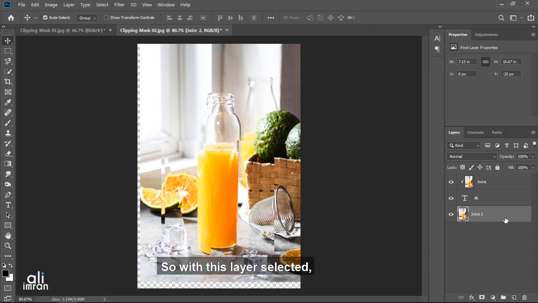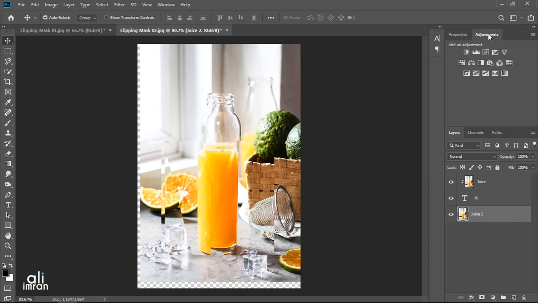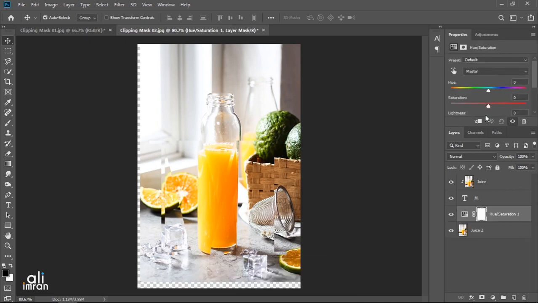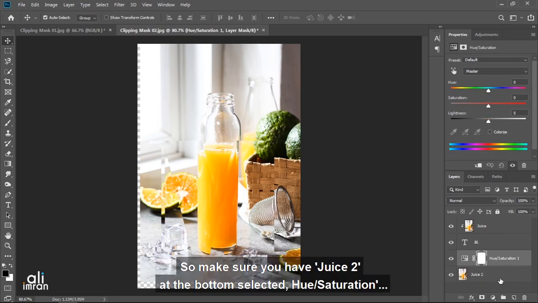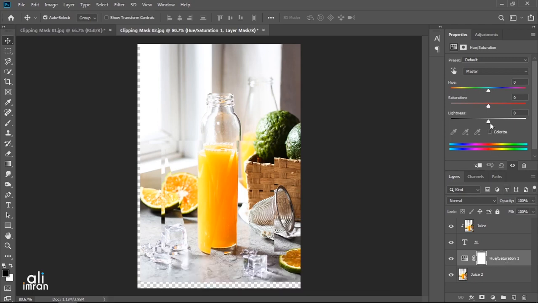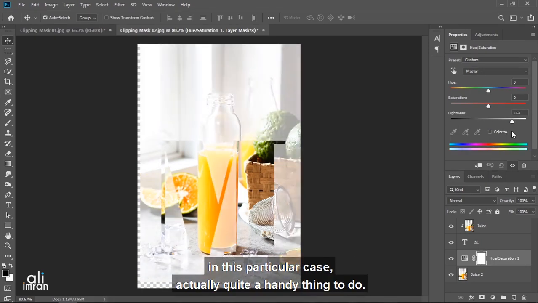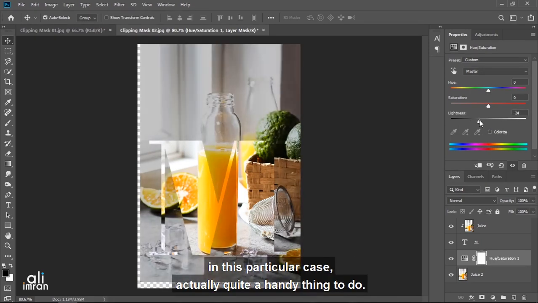So with this layer selected, let's look at Adjustment. There are a few different ways. Probably the easiest way is to go Hue and Saturation. So make sure you have juice 2 at the bottom selected, Hue and Saturation, and just drag the lightness up. I said never use this, but in this particular case, actually quite a handy thing to do.